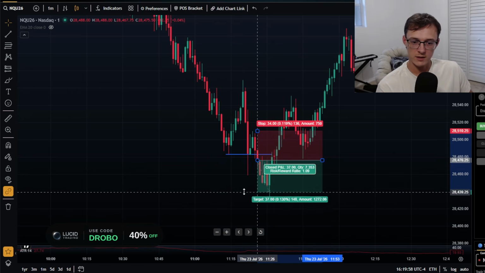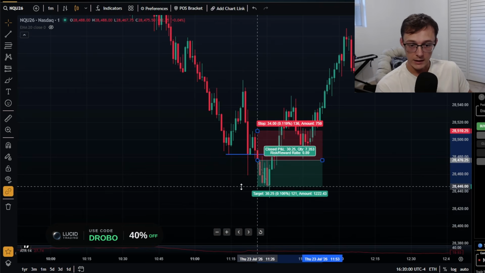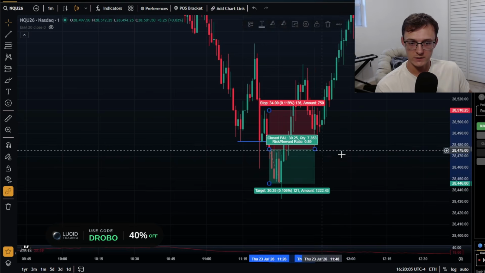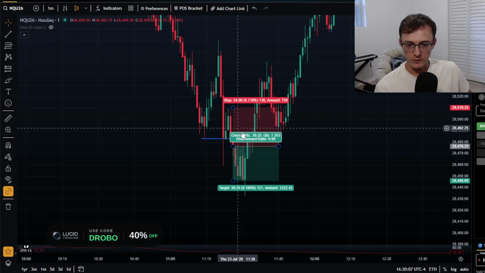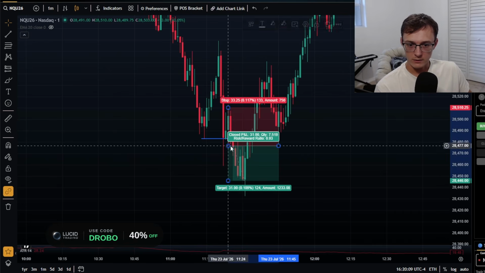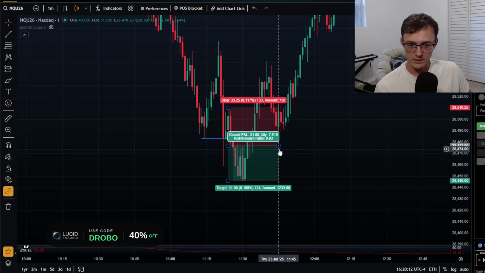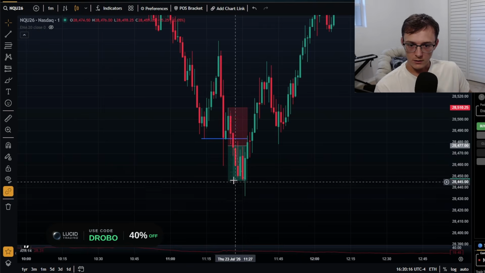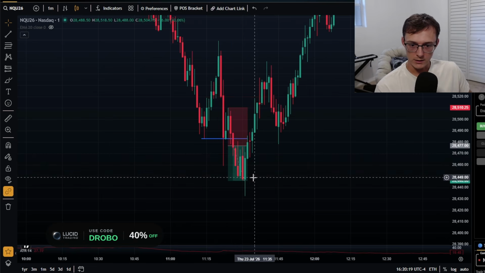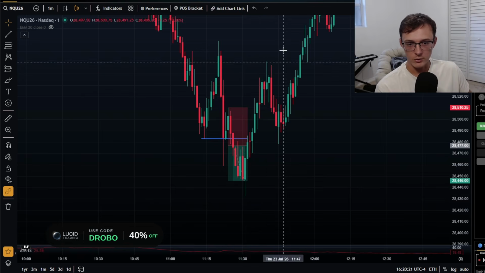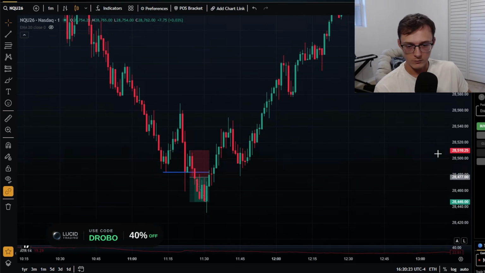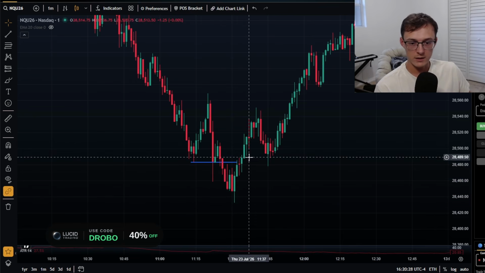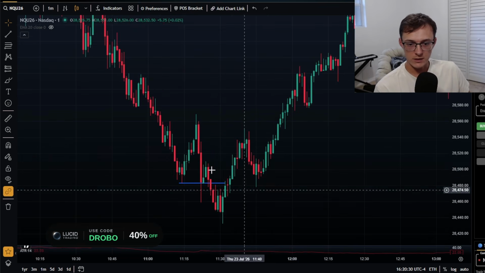And for this specific trade in this exact account, I only needed less than a 1-to-1 risk to reward in order for this trade to get me to my profit goal. So as you can see right here, the trade was basically never in drawdown for me. I entered on this candle right here, and then it basically went right to my profit, and then it did end up reversing from that point, but it doesn't really matter because I got my full profit and I was out of the trade,